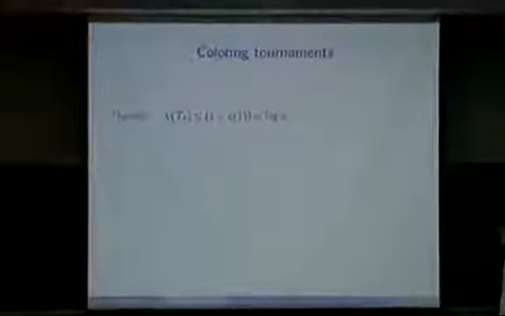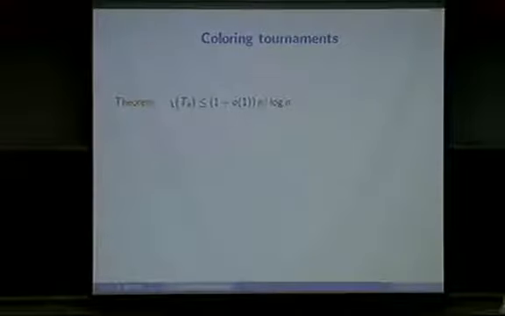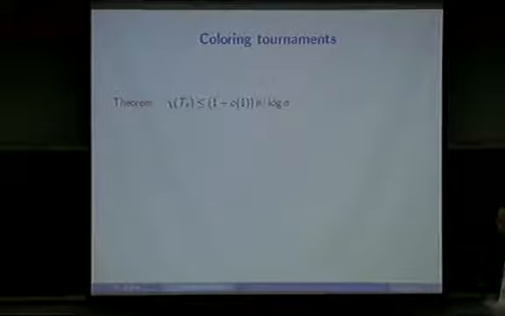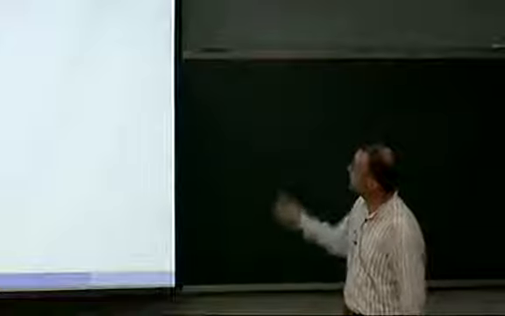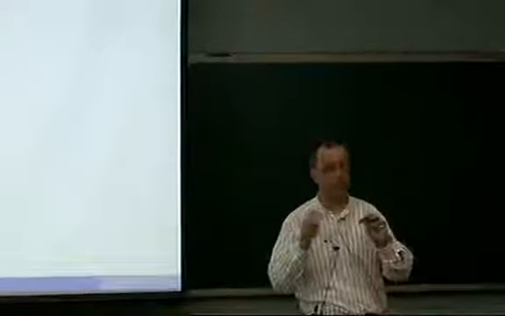Okay, so here I come to, I will touch a little bit on tournaments. This is a special area by itself. One thing is that a tournament is a complete graph, and then you orient the edges in some way. So it's a complete directed graph, an oriented graph. Here I claim that the chromatic number of the tournament is actually, if I go a little bit back, let me just go a little bit back. You see this